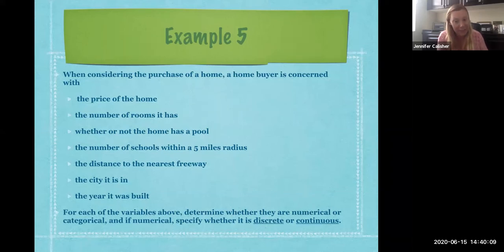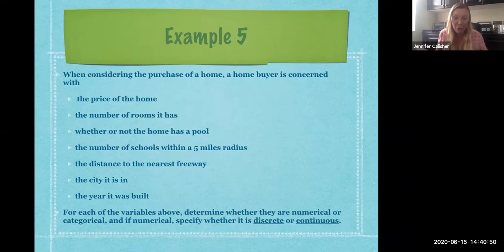And sometimes in statistics, it's not so much about the answer being right, it's how you justify it, right? So you could easily say it's continuous because when you look at purchasing a home, most of the time people are getting a loan, and you get into your interest rate and all of that, you end up paying decimal points, and you have a certain level of accuracy to the dollar. So again, it depends on what your justification is. You could also argue it's discrete because you could say that you're going down to the dollar, or you're counting down to the penny.